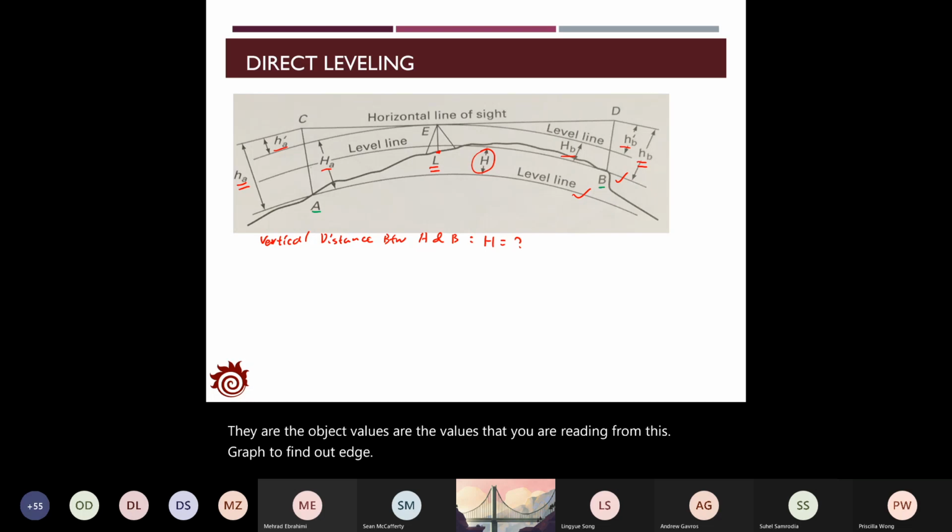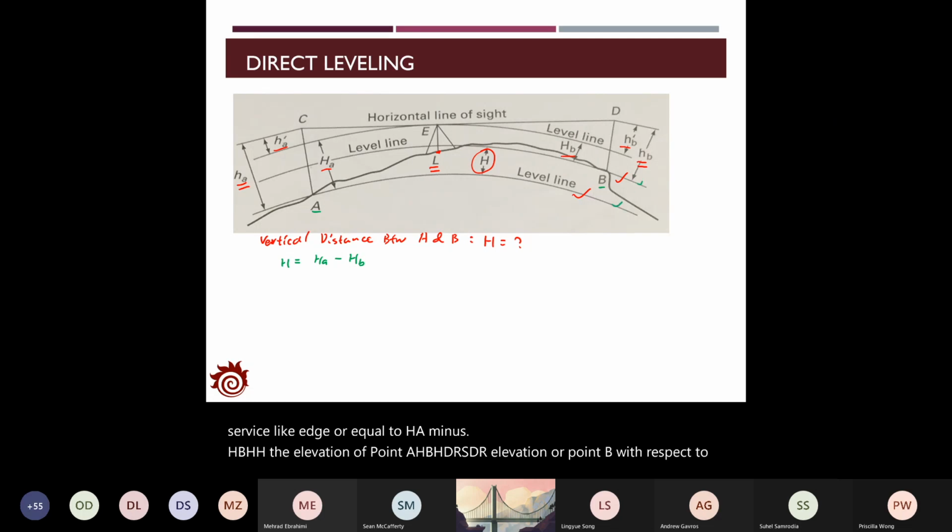First of all, from this figure, the most intuitive thing that we can observe is that h will equal HA minus HB. HA is the elevation of point A, and HB is the elevation of point B with respect to the level line. In this observation, we are given